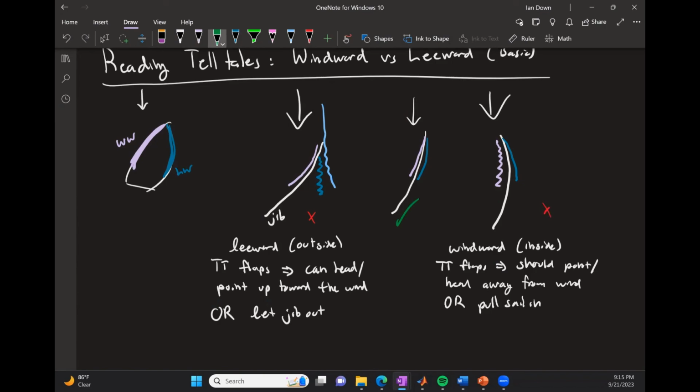In the next video, I'm going to talk about upper versus lower jib telltales, reading streamers, and then synthesizing all of that information to make the best adjustments possible on the water. Then I'll also talk about how we can adjust our jib leads on FJs, and if we don't have jib leads, how we can cross sheet our jib to also get better agreement between upper and lower jib telltales, because right now we've only focused on the windward leeward sides of things, but we also care about the top and bottom dimension of our jib and the flow across those and the differential between those as well. We also want